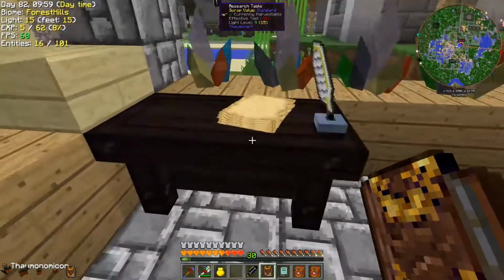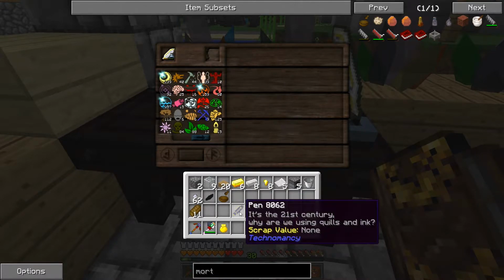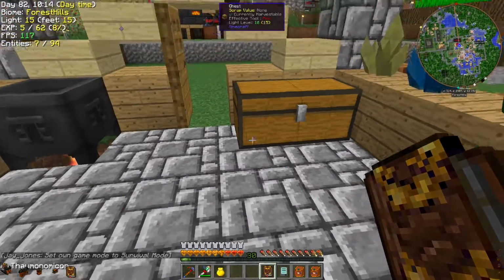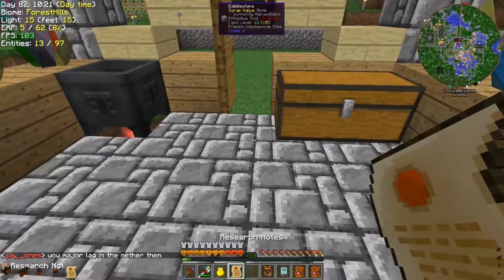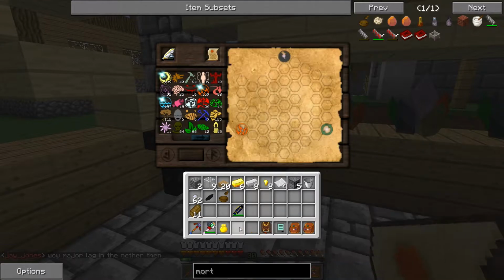So now we've got that, we do not actually need this, so this should just sit in there, which it does, perfect. But we can keep this on us. It's the 21st century, why are you using quills and ink? So that's quite cool. So now we have that. Do we have paper? We have paper. Nice, so we can just click on that. So now we need to research this. Please do not be a massive...